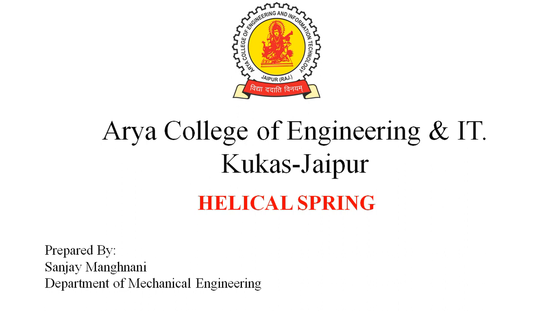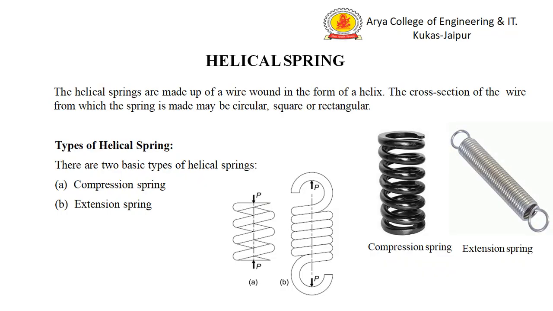A mechanical spring may be defined as an elastic body which deflects under the action of the load and returns to its original shape when load is removed. Springs are generally used to absorb the shocks and vibration. It is also used to store the energy. Springs are classified according to their shapes. There are many types of springs like leaf spring, helical torsion spring.